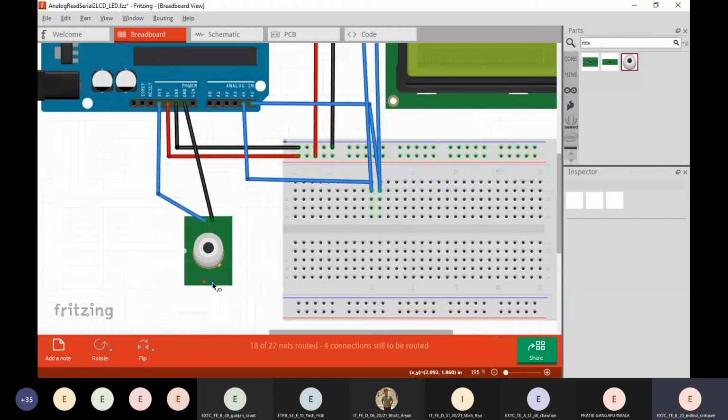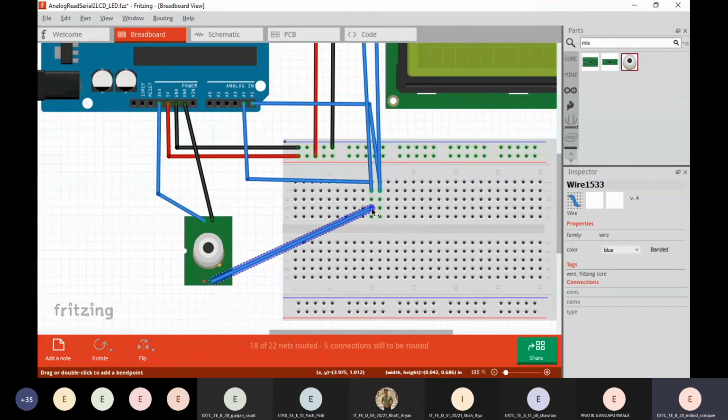Now you can hover your cursor and see what each pin is. So now we are connecting this SDA pin to the A4 pin of this Arduino right there, and the SCL pin to the A5.